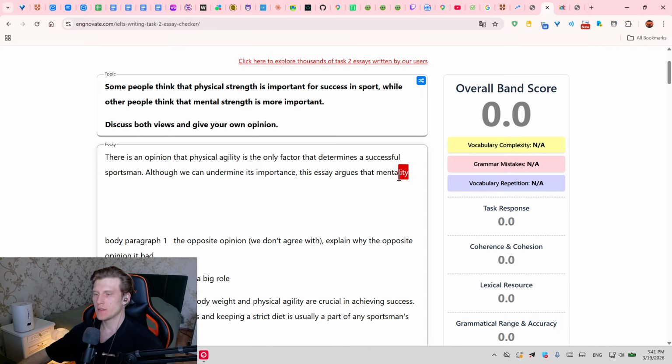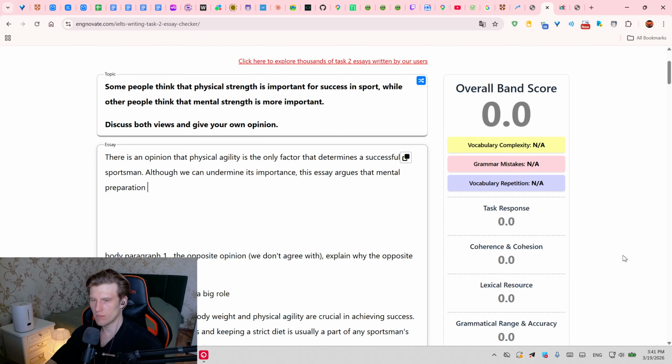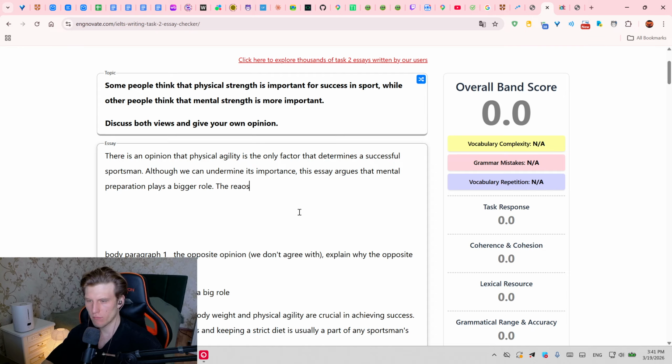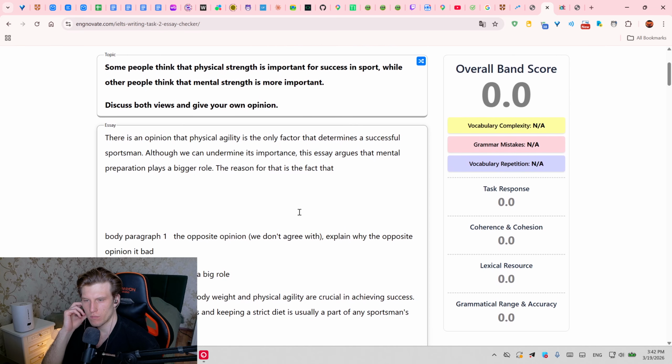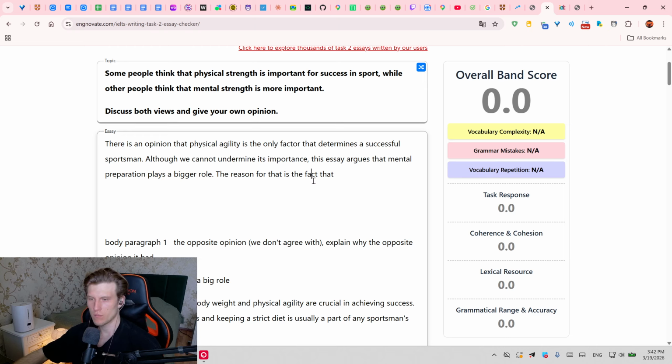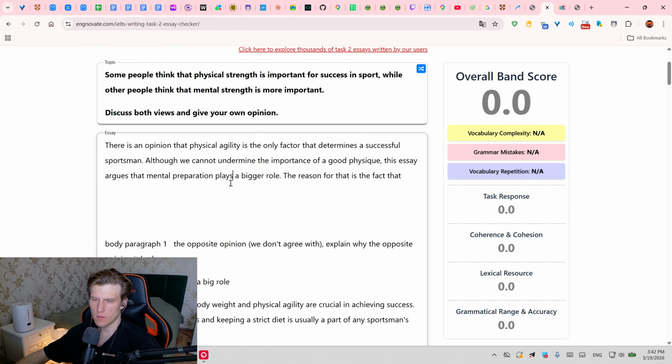This essay argues that the importance of a good physique plays a bigger role. The reason for that